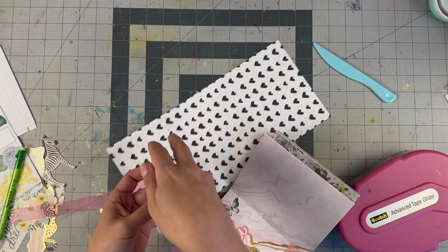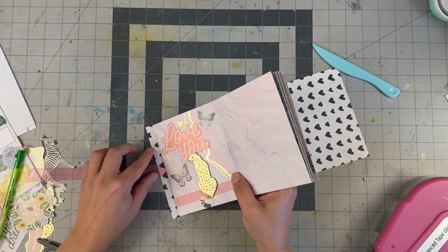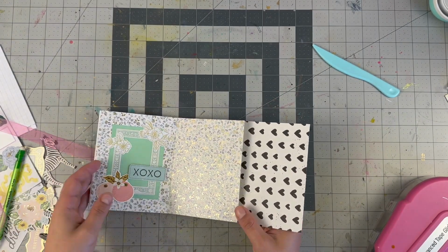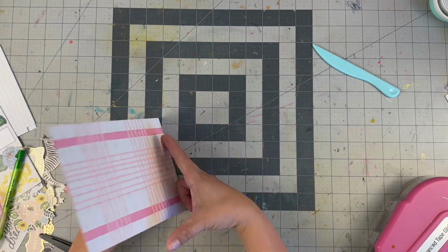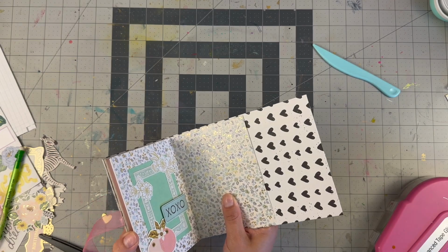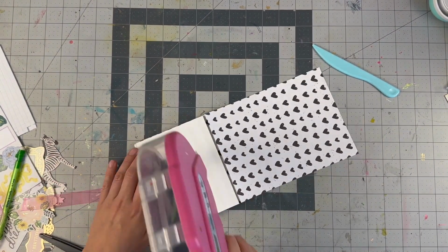Also, as you see right now, if you want a closure, like a ribbon, like I did, I thankfully remembered, like, do I want to have it closed? You have to put the ribbon in, sandwiched in between this layer right here. So keep it in mind. If you go ahead and just tape it on without the ribbon in between it, I don't know how you can go back and add it. I'm sure there's a way, but if you want ribbon, this is your moment to definitely remember to add the ribbon